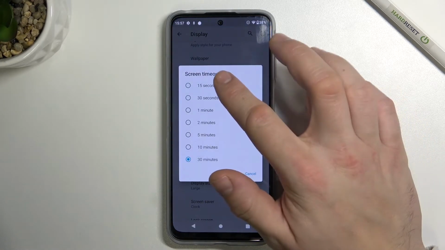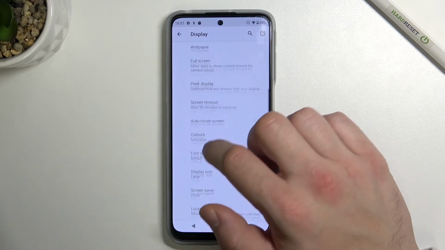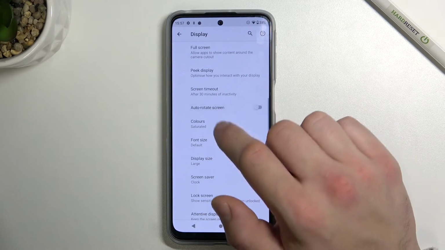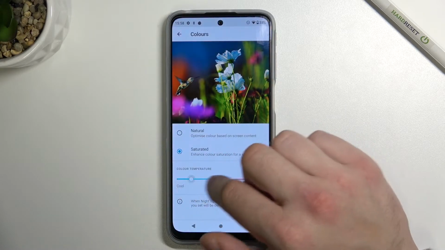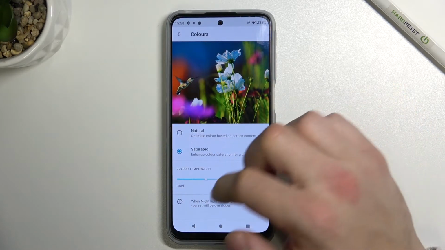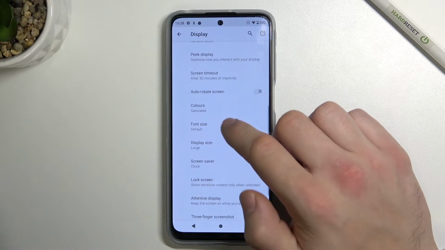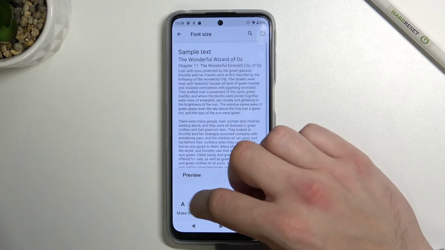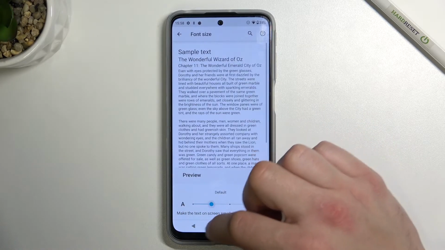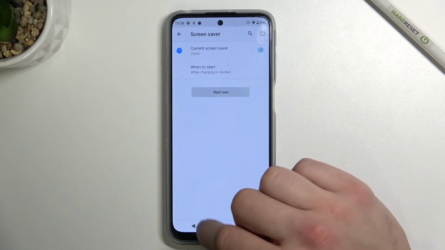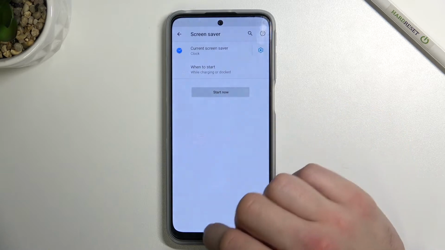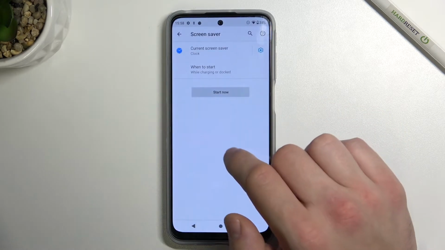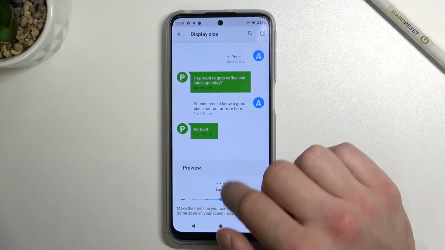Screen timeout between 15 seconds and 30 minutes, auto rotate screen, colors between natural, saturated, and color temperature between cool and warm, font size between small and largest, screensaver, display size,